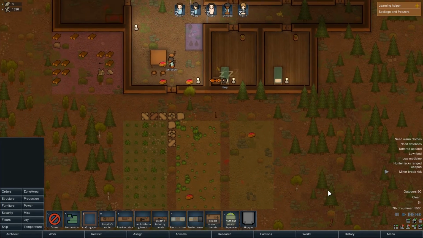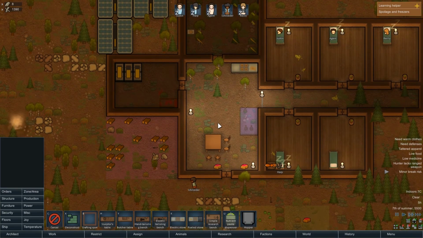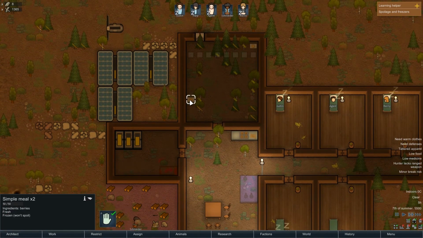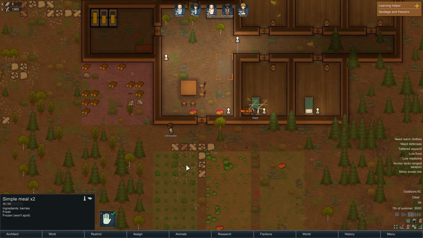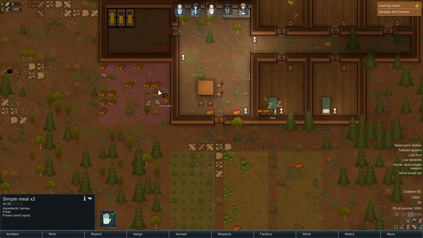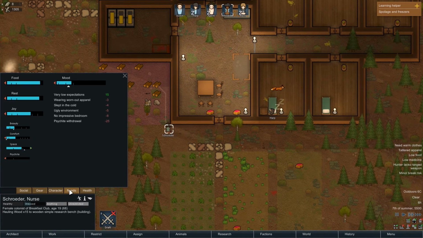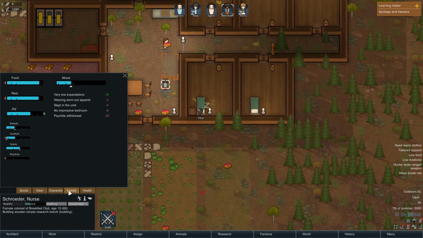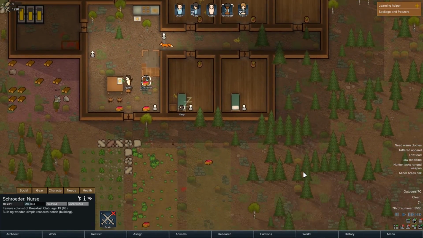Okay, she's on a minor mental break. Why are you eating raw food? There's food inside the freezer. You didn't have to eat raw food. Oh well, as long as she's fine. Schroeder? There we go. How's your needs? You had an ugly environment, you slept in the cold. Non-impressive bedroom. Yeah, I guess 10 degrees is kind of cold, so...